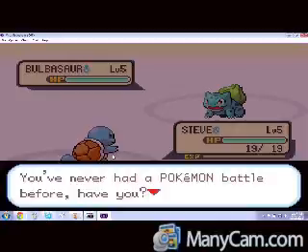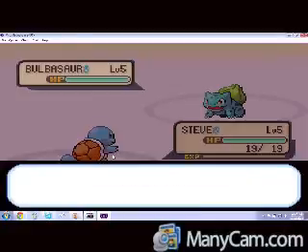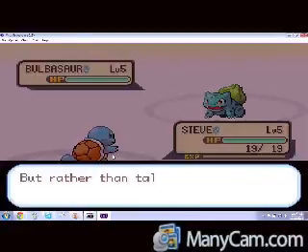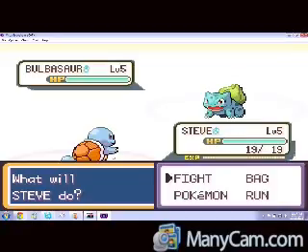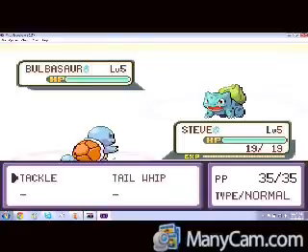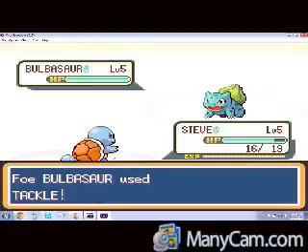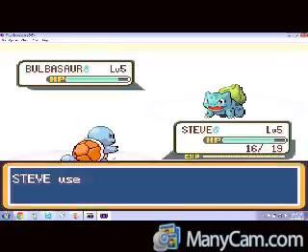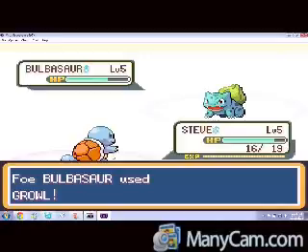Then Professor Oak says some stuff that I've never actually read. He's basically telling you, the first person that wins, you knock your HP bar down during battle. Whoever's HP bar is empty first loses. The first battle is basically using tackle over and over again until one of you dies. And of course, don't forget you have